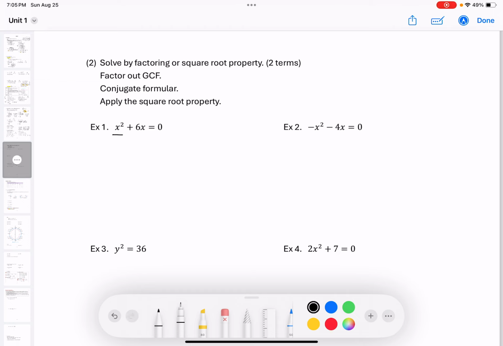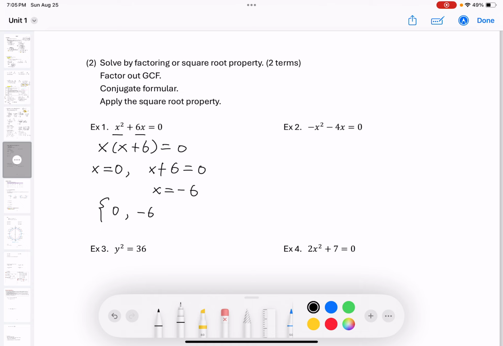The first term and second term have the GCF x. We have x plus 6 left in the parentheses. Now I have two factors, factor 1, factor 2. So we can set each factor equal to 0. X is equal to 0. X plus 6 is equal to 0. So we solved x is 0. X is equal to negative 6. We got two solutions,